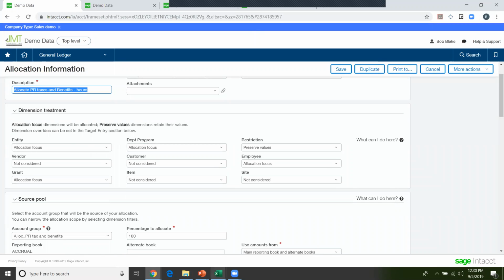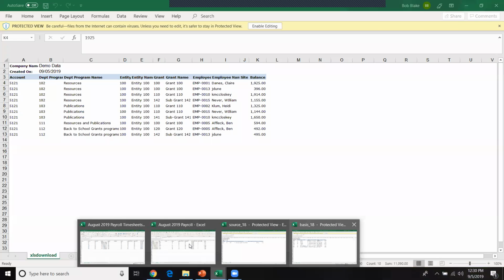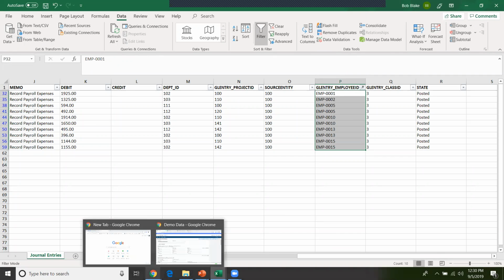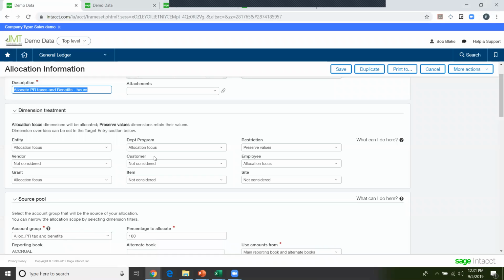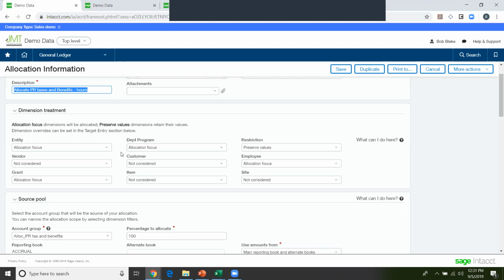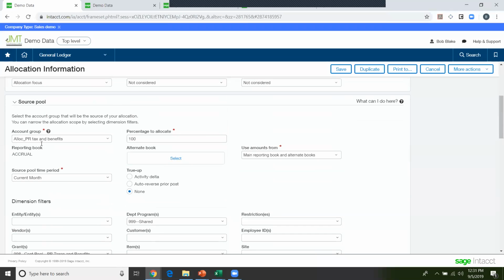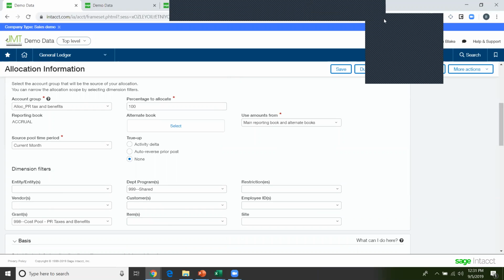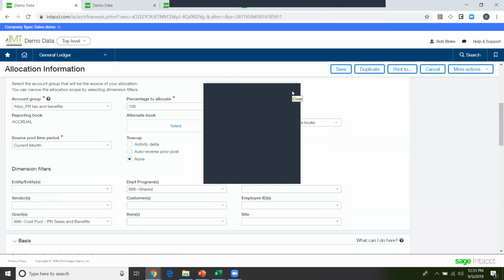So some clients may, in this spreadsheet, just bring in everything and nothing is tagged to employee. Everything is just tagged, and all payroll and benefits all end up going into a cost pool, which then is allocated out based on their hours. So in this case, the only thing that really changes here, because I'm still looking at payroll, taxes, and benefits, the only thing that really changed is going to be I